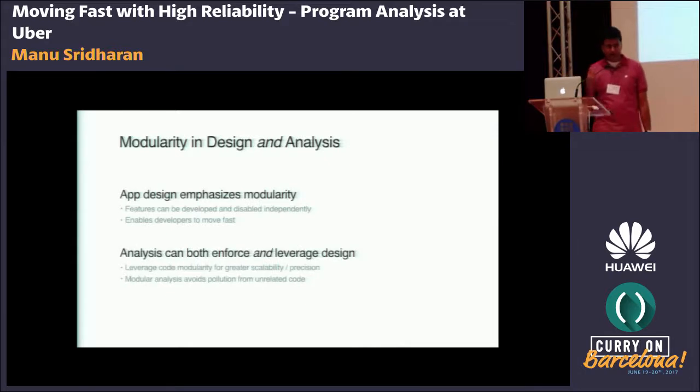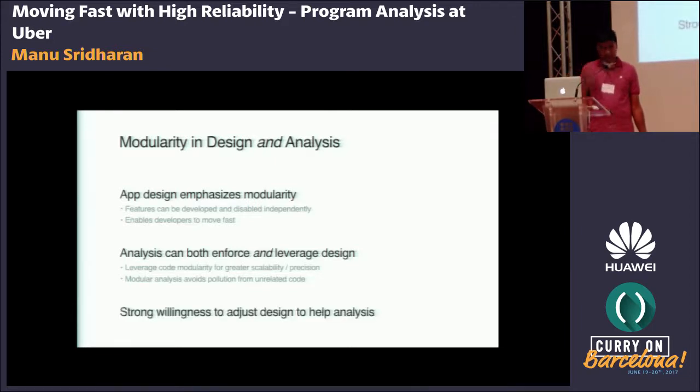I think there's a lot of potential for program analysis to both enforce the modularity in these designs and also leverage it. If you've got independent modules, hopefully we can analyze these modules independently, scale better, and also get more precise results, by avoiding pollution in our analysis results from completely unrelated code.